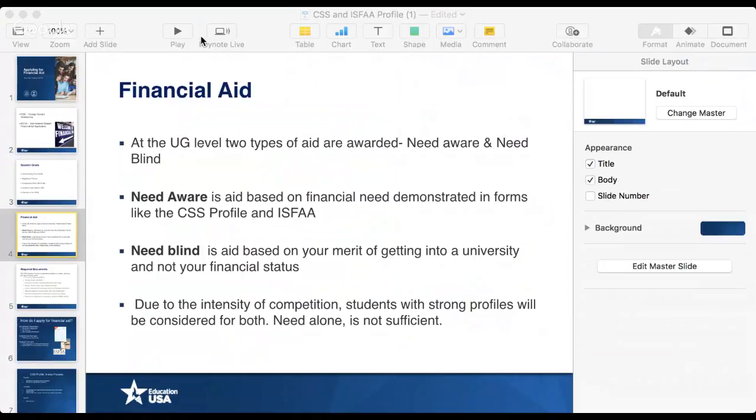So if your parents are separated or divorced, they may want additional information from the parent that is not living with you, or does not have primary custody of you, okay? Institutional formula is done using the CSS Profile, okay, where